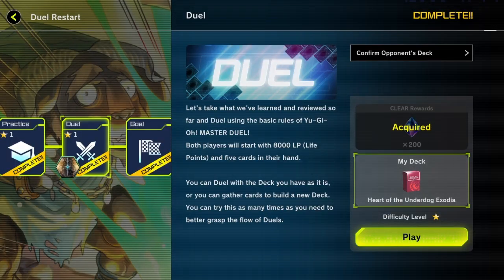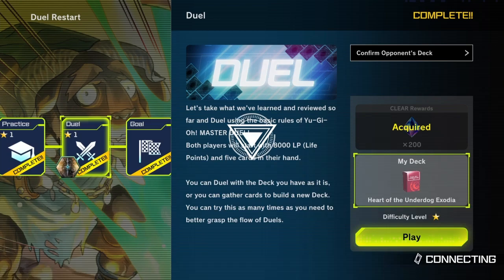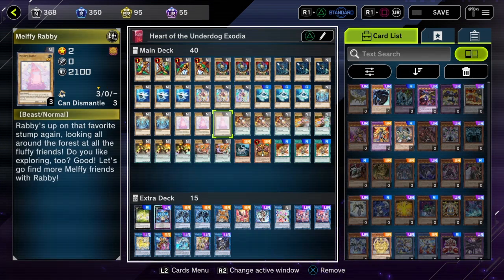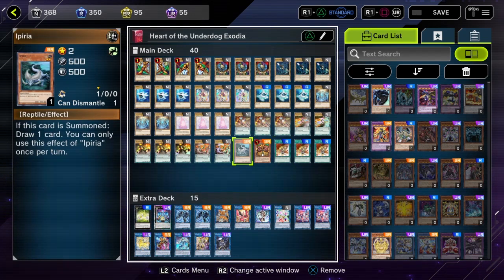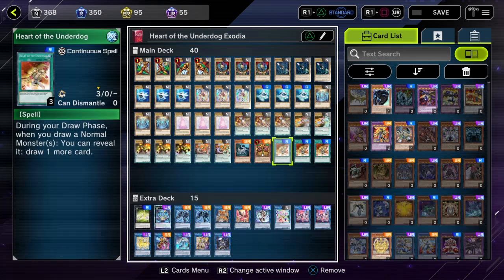Here's my deck. It's called Heart of the Underdog Exodia. I did a little history lesson on this deck, but I changed it up with links and stuff so I could give it more of a fighting chance. The normal monsters are just there to combine with the Heart of the Underdog, because with there being mostly normals, I get to keep drawing and drawing until I draw either another Heart of the Underdog or one of my effect monsters, which is pretty much mostly just going to be the Exodia,